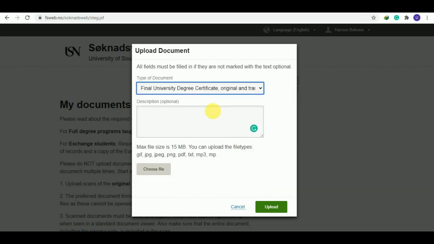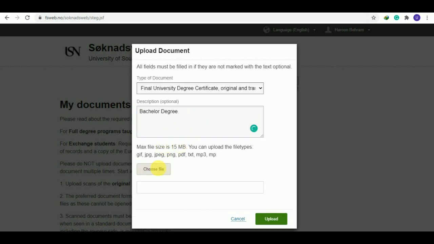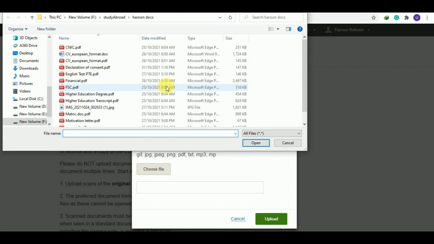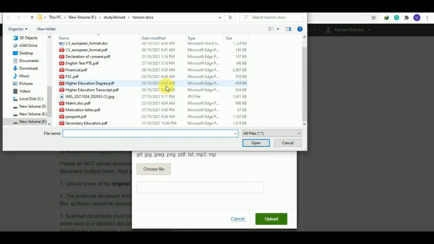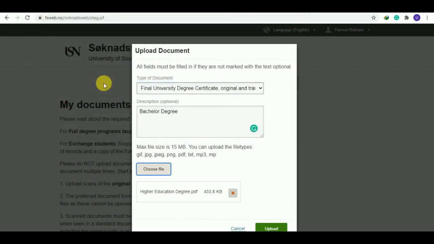This is it, and you have to select here BAC, bachelor's degree. So you have to choose file, and I have already made a PDF of this file, higher education degree. So just click on this option, upload.